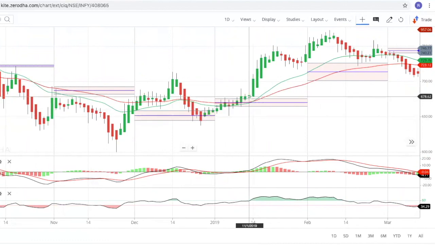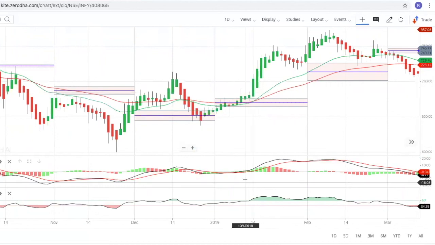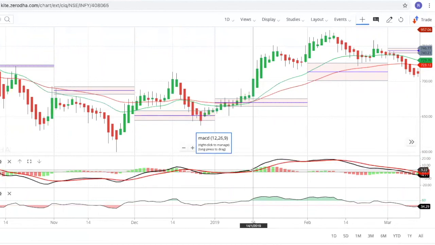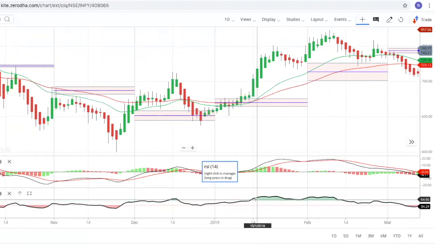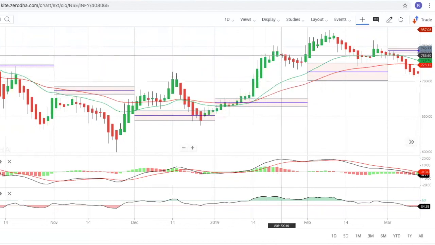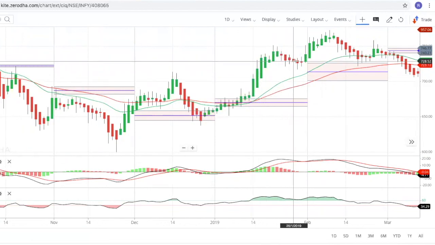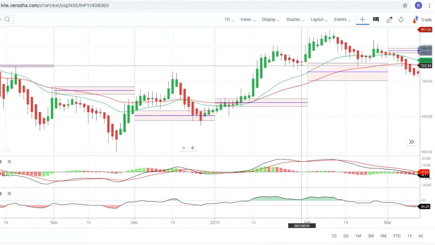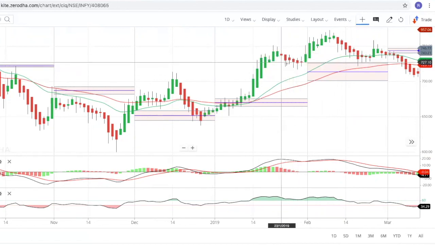Yes, another example. Above the pivot point, you can see a big bullish candle. Here you can see the MACD line is above the signal line. The RSI is above 60. The 25 days moving average is above the 50 days moving average. Clear cut buy signal. Buy. The market has started getting weak, but don't come out, because you can see the strength of the candles is not very high. So you can hold the trade.